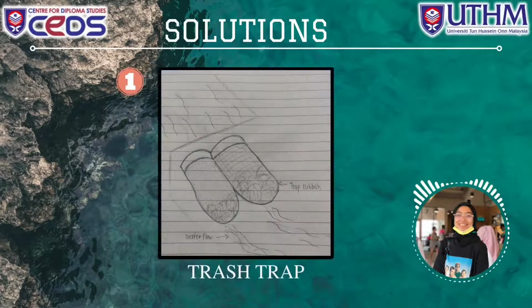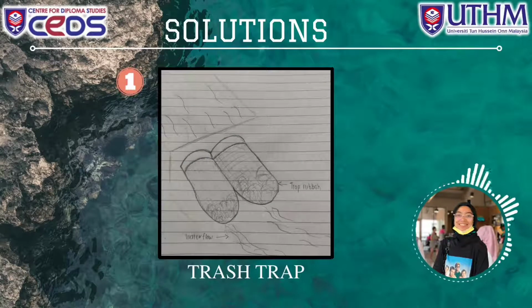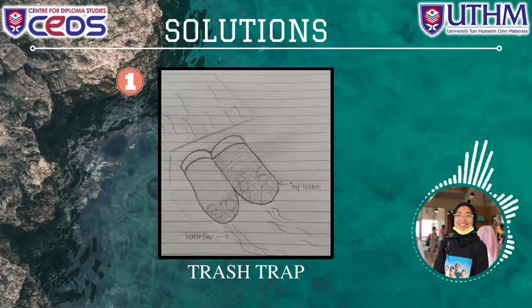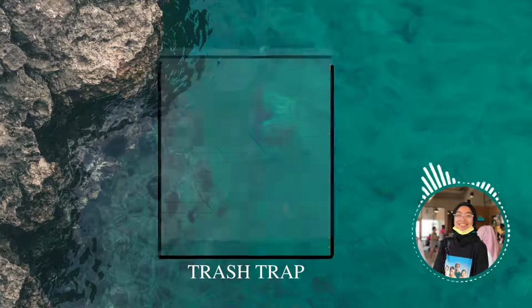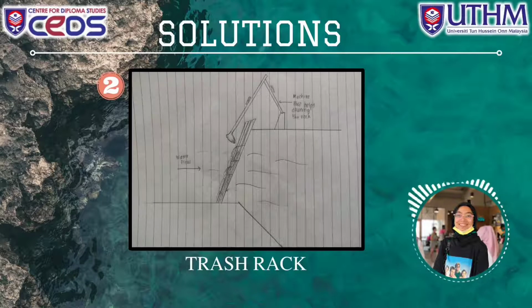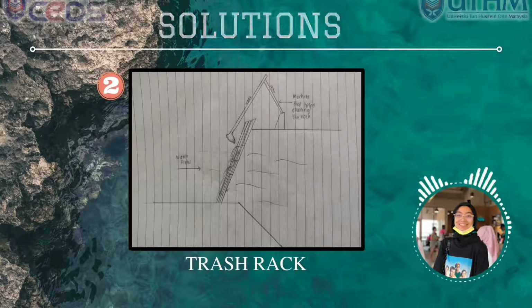Next, the solutions for this case. The first one is trash trap. Trash trapping technologies can help reduce the amount of plastic waste in our aquatic systems. They are an important addition to community cleanups, trapping trash around the clock, and assisting us in collecting more litter. Second, trash rack. A trash rack is a wooden or metal structure that keeps particles from entering a water mill, hydroelectric dam, or stormwater runoff.